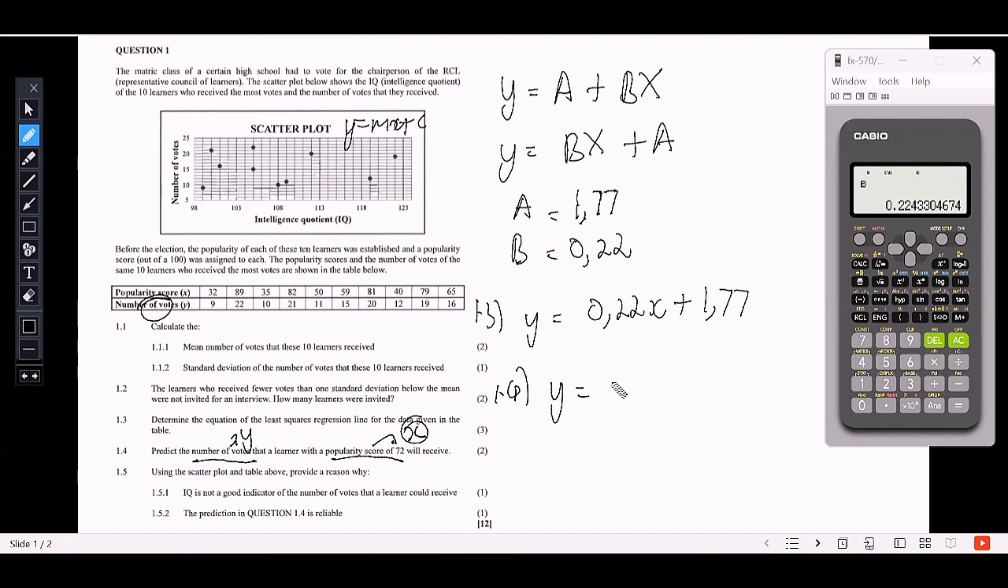So this is y equals 0.22, where there is x, I will put 72, and then plus 1.77. Now, with the aid of the calculator, simply punch all of that. So that's 0.22 in brackets, we have 72, close brackets, plus 1.77, and then equals to